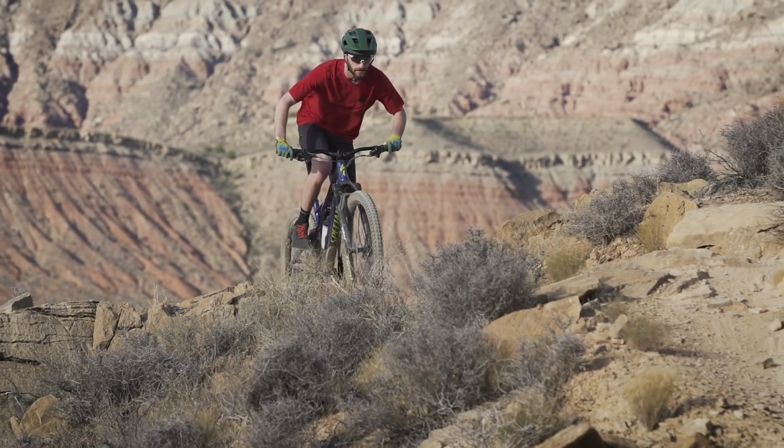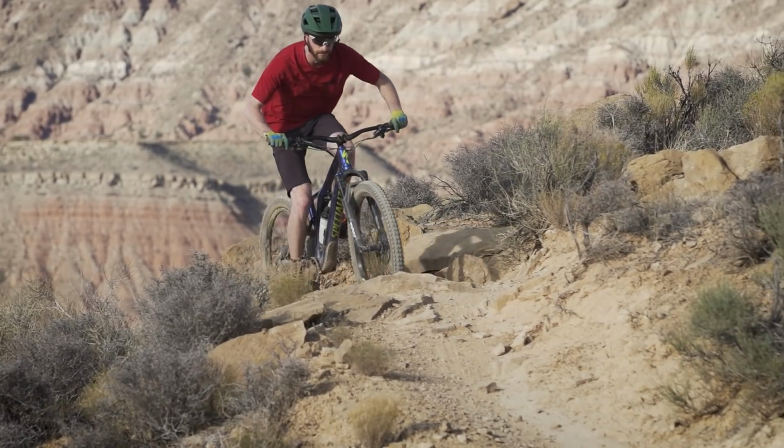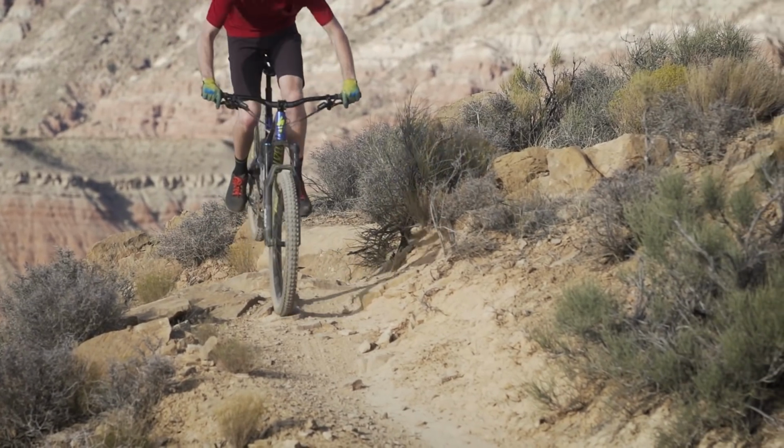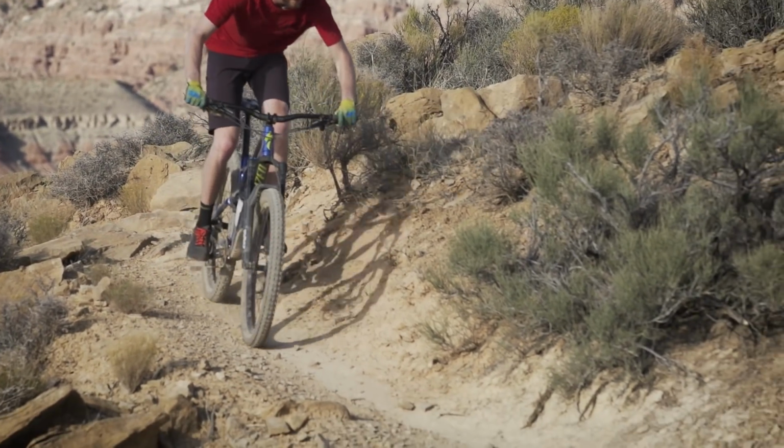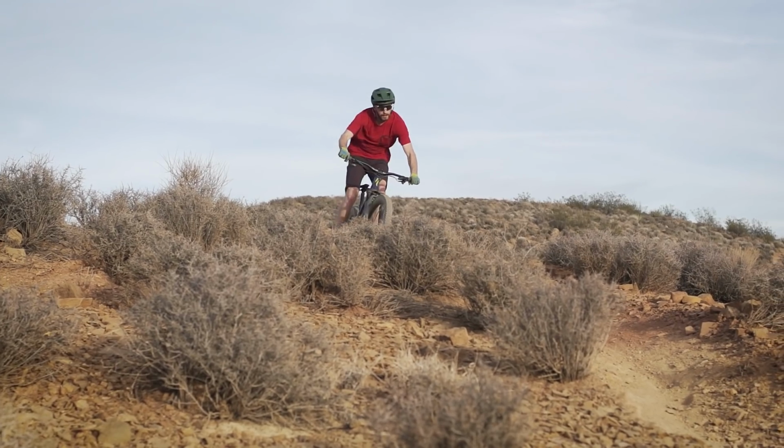So, it's a new Stumpjumper. To me, it still had that classic Stumpjumper trail bike feel. And we should clarify, this is the 150 millimeter Stumpjumper. They also do shorter travel versions. Historically, they've been more around 140 millimeters. Now we're up to 150,